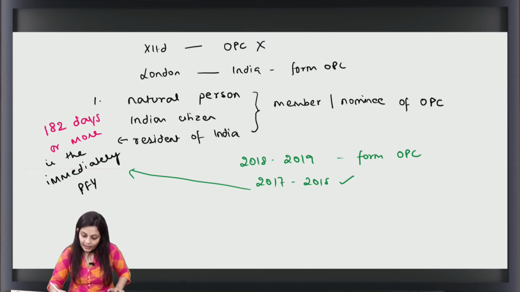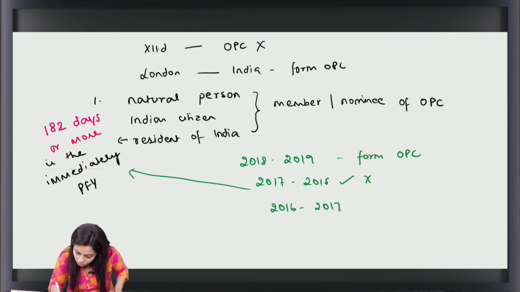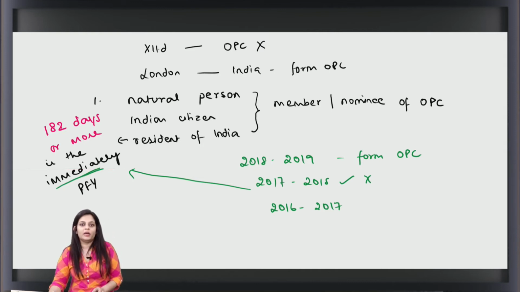ओपीसी। लेट अस से मेरा इसमें नहीं था, मेरा 2016-17 में था, तो क्या मैं बना सकती हूँ? जी नहीं, क्योंकि यहाँ पे लिखा है इमीडिएटली प्रीसीडिंग फाइनेंशियल ईयर। प्लीज समझो, जिस फाइनेंशियल ईयर में बनाना है, उसके इमीडिएटली प्रीसीडिंग में होना चाहिए। उसके पहले होने से आपको रेसिडेंट ऑफ इंडिया फॉर द पर्पस ऑफ ओपीसी नहीं माना जाएगा।